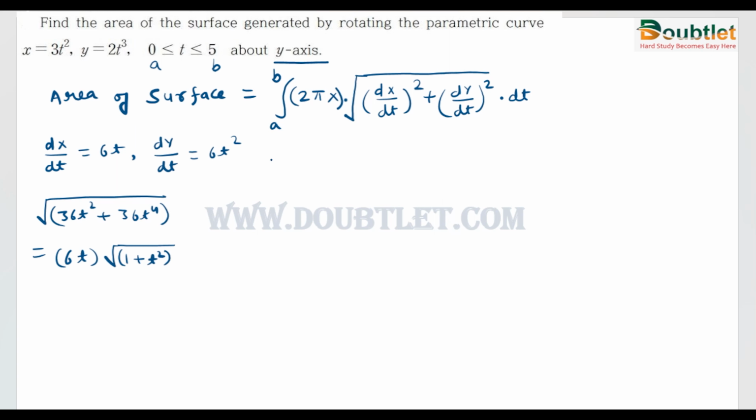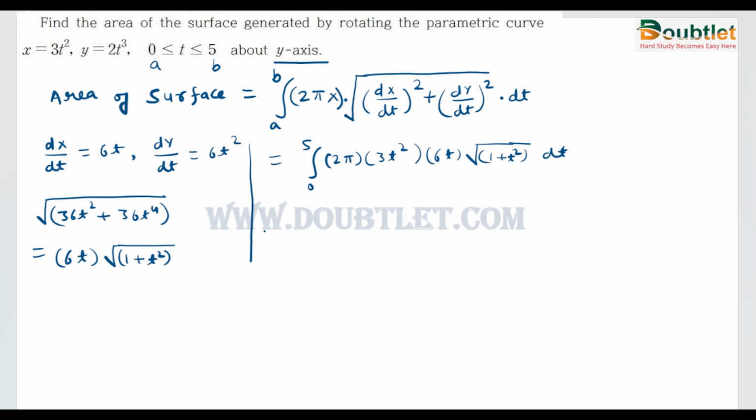Now we will use this term in the formula. We know that the integration is from 0 to 5, so 2 pi x. x is basically 3t squared, because we have to write it in the form of t, since we are integrating with respect to t. So x is 3t squared, and this term we have calculated here, so it will become 6t multiplied by the square root of 1 plus t squared,